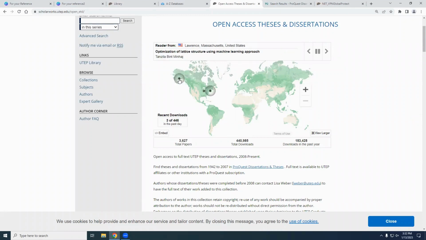So it's showing you where and what they downloaded. And then you get these statistics sent to your email. And what I think is really fascinating is once it really starts going, once it starts picking up steam, you'll be able to see just how wide-reaching the impact UTEP has in the whole world.